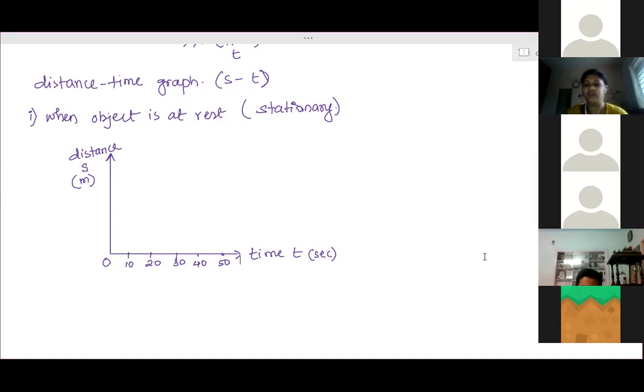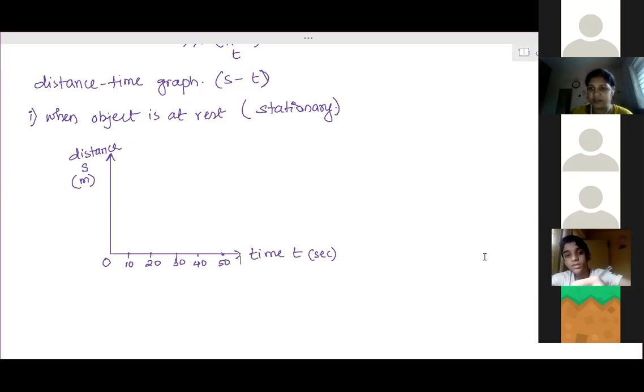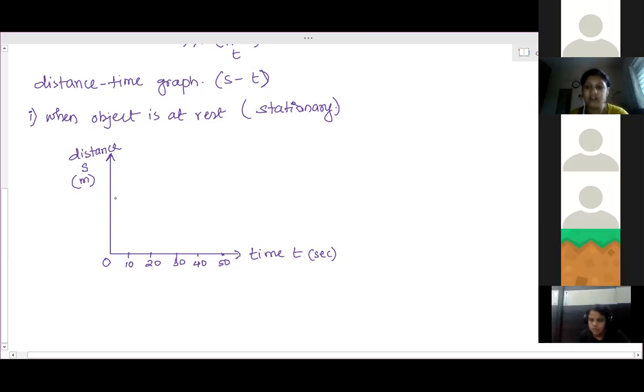Suppose earlier, with respect to any wall, how much distance are you? With respect to any stationary object, you are stationary. That means with respect to any other stationary object, you are at rest. So how much distance have you walked from that stationary object? Suppose from the second room you came to this room and are sitting on the chair. Suppose you have traveled a 50-meter distance. Before coming to rest, you have traveled 50 meters, so your position from any stationary object is 50 meters.